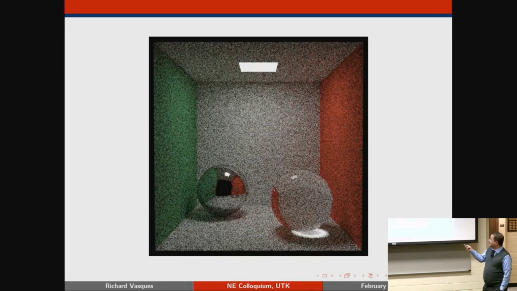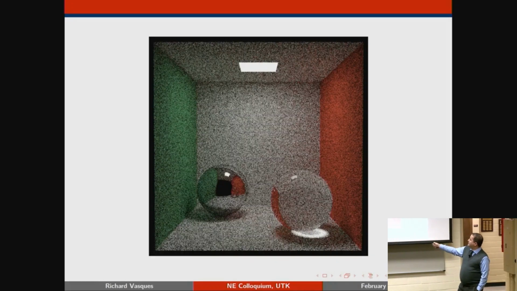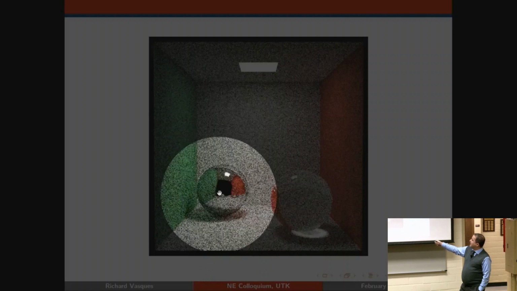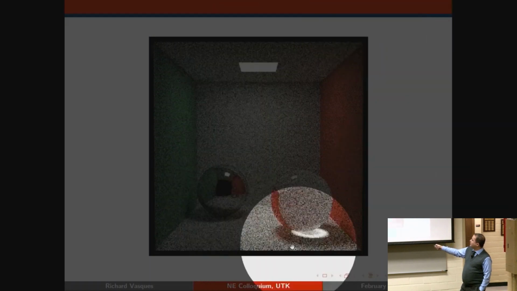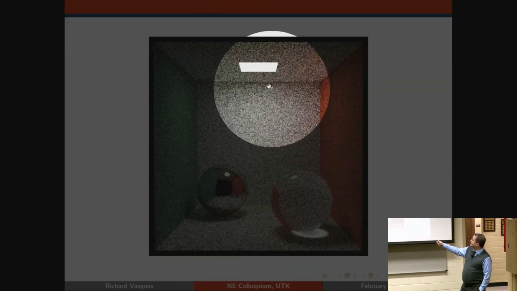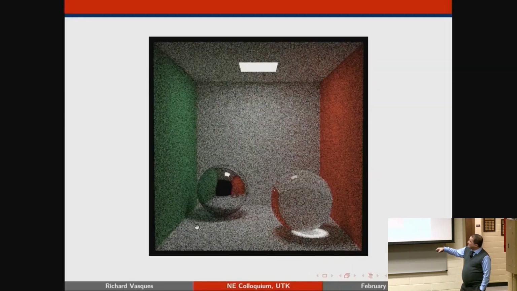So here I have a glass ball and a metal ball. And this one is reflecting a lot of different things from the walls, from the glass. The light that comes from there goes through diffraction. So there are several things going on here. It's a very noisy image. There is no aliasing being done.